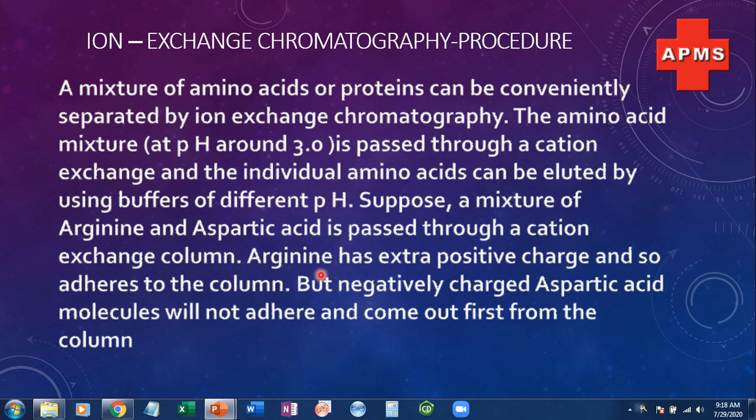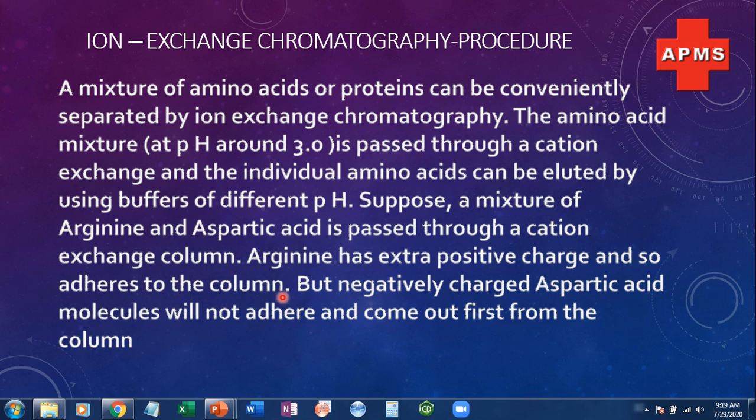So when we run this column at lower pH values, this arginine, which is cationic, in case we use a negatively charged stationary phase, will be more retained or more attracted towards the negatively charged stationary phase.